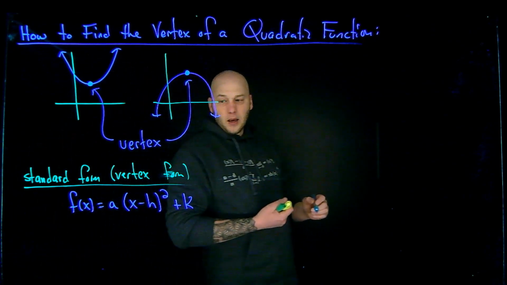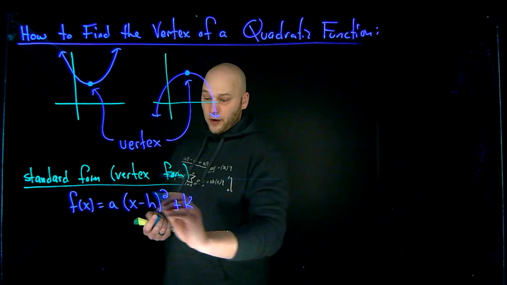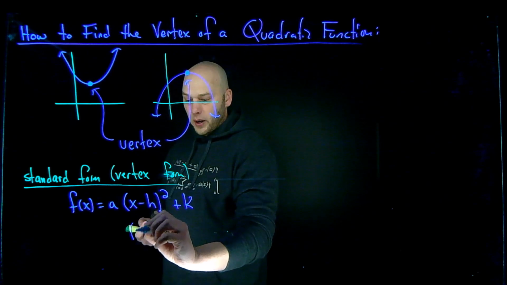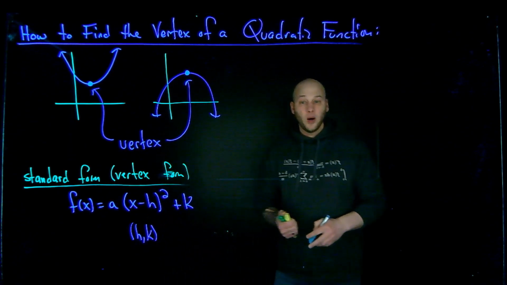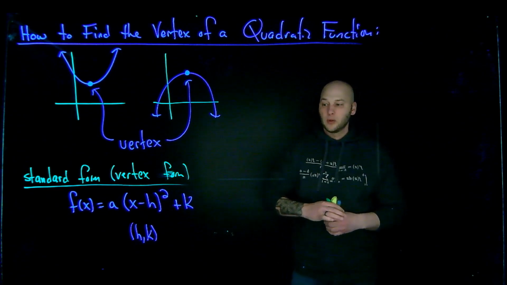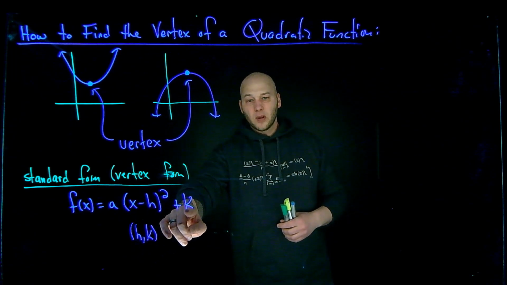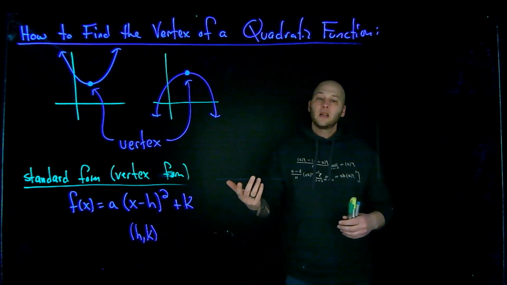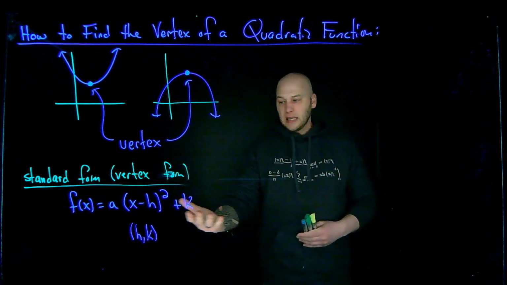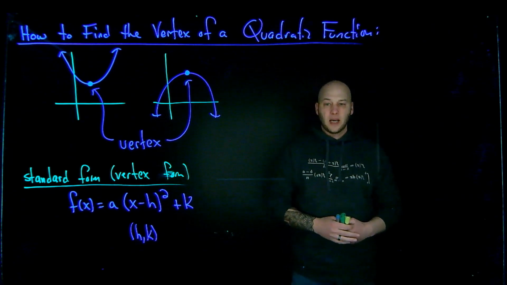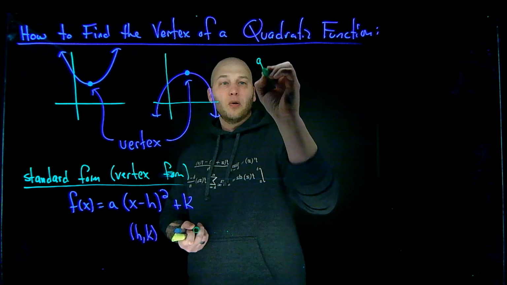And the reason this is referred to as vertex form is because the vertex of this is the ordered pair (h, k). I don't have to do any work. I can just pick off those two values. Notice that this is the opposite sign of this number, and this is the same sign of this number. So for a standard form, or in other words, a vertex form quadratic function, we can just easily write down what the vertex is. On the other hand, if I have a general form quadratic,